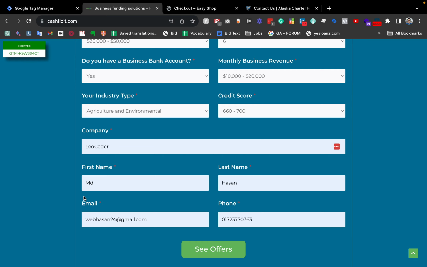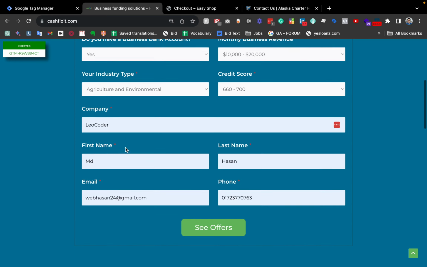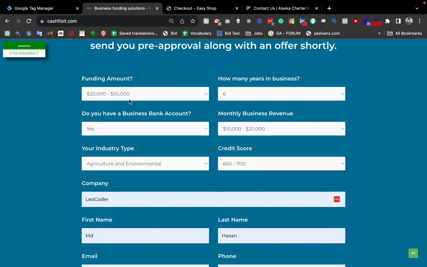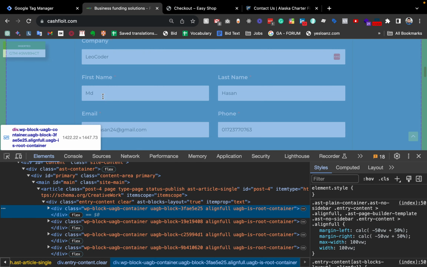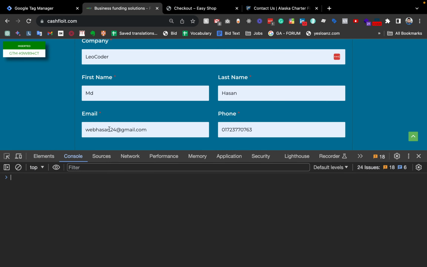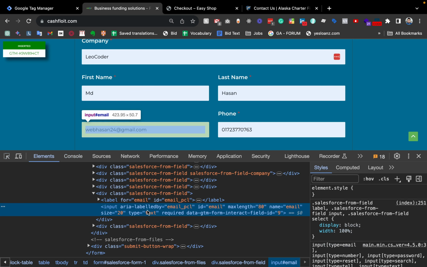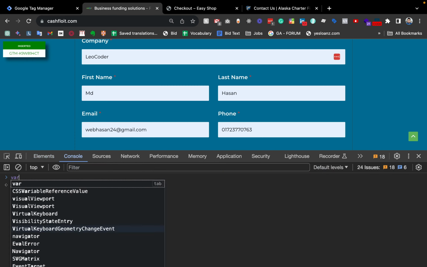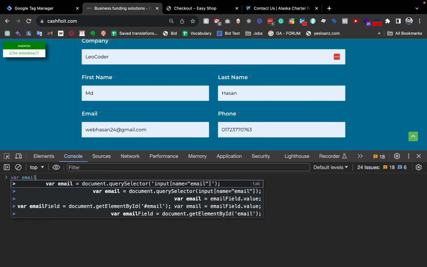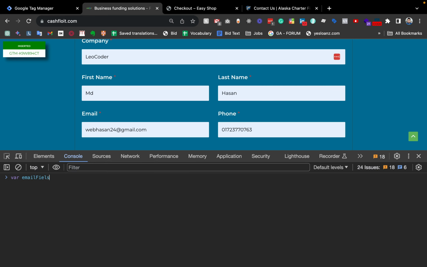but what we usually do, if we like to take all of the field values, is first select each of the fields and then take the value. In general, let's see what we actually do for taking the value of an input field. At first we select our form field like this, and you see that the field contains an id, email. Then we can easily select the field like this, for example the email field,